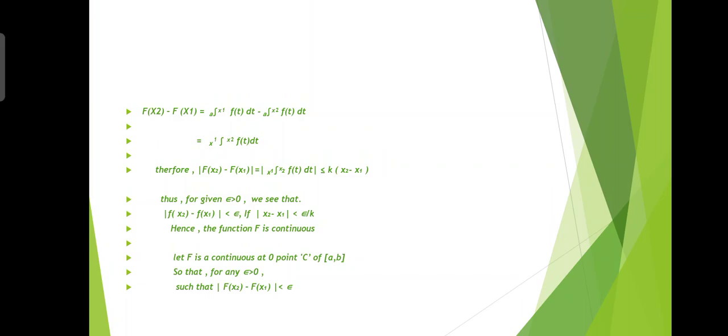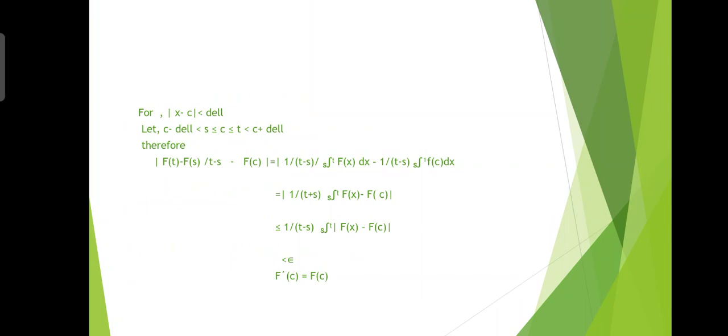Let f be continuous at a point c of the closed interval [a, b], so that for any epsilon greater than 0 there exists delta such that the modulus of f(x) minus f(c) is less than epsilon for the modulus of x minus c less than delta. Let c minus delta be less than or equal to s, which is less than or equal to c, less than or equal to t, less than or equal to c plus delta. Therefore the modulus of (F(t) minus F(s)) divided by (t minus s), minus f(c), is equal to